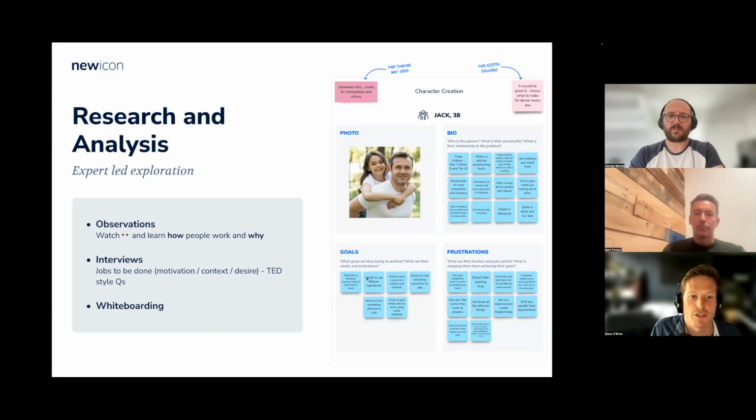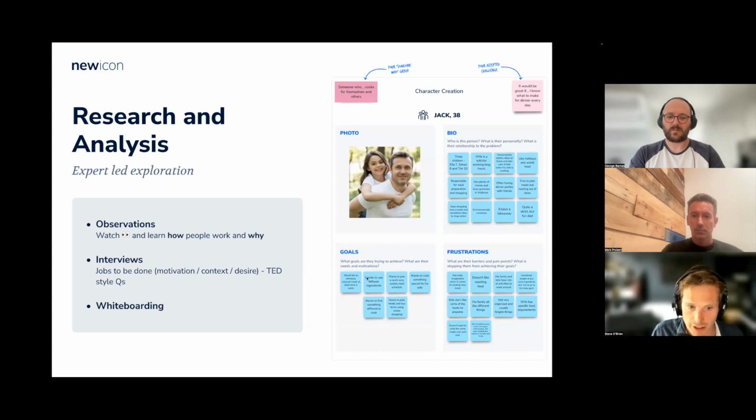We do expert-led exercises where we observe, and we do a lot on intuition. So it's showing someone something, seeing how they can use it, or seeing how they behave, and observing, and basically using our intuition to understand that. And then interviews. So we'll hold interviews, and particularly a few frameworks and tips we use here.